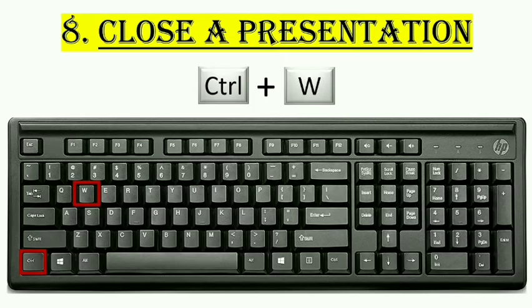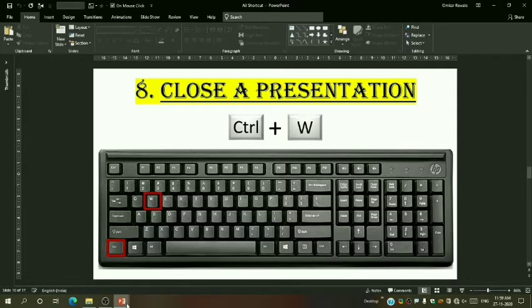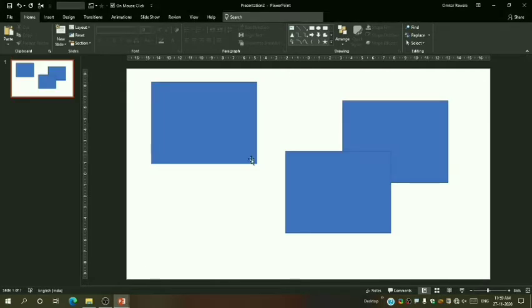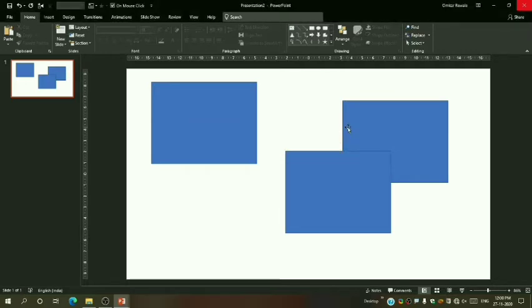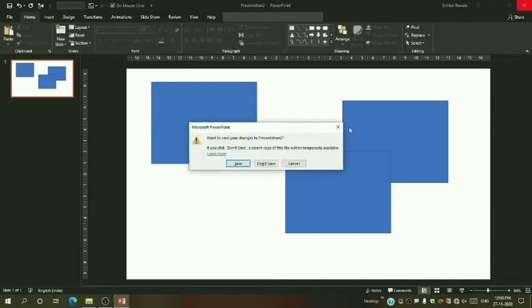So the 8th one is close the presentation. For that we have to press Ctrl plus W on our keyboard to close the presentation. So let's see how it works. I will show you how to use that shortcut key. Usually we close our window from here, and then we say save, don't save, whatever you want, but instead I will press Ctrl plus W and see this pop-up asks the same: